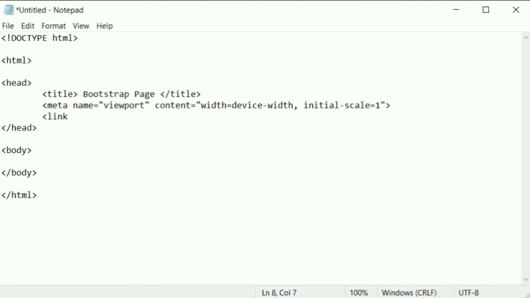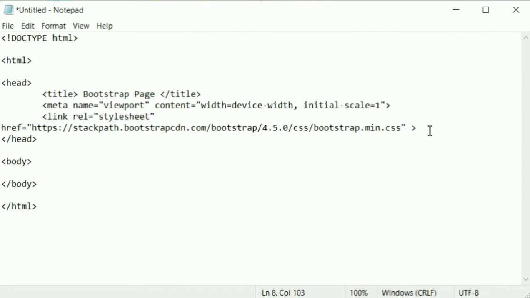The next thing is we have to insert the CSS. For that, we are going to put a link tag, rel equal to stylesheet, href equal to... earlier we used to have our own CSS. Now we are going to give the CSS with respect to Bootstrap. It is available on a CDN, which is a website, or you can download your own Bootstrap from that site, create that file name and put it here. I am giving this link, which is a CDN. If you see there, it is a min.css file. So this will have multiple built-in styles within it. We are going to use these styles in this page.